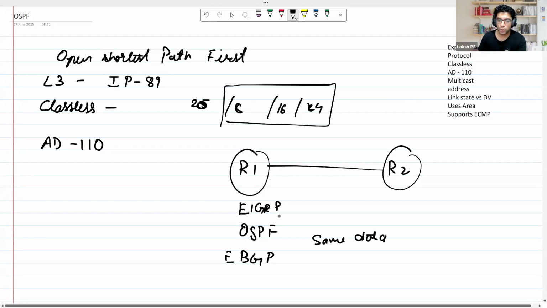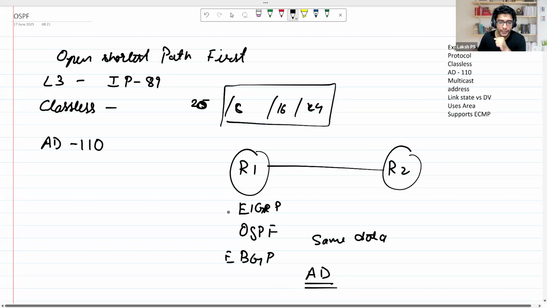And if they have multiple protocols running inside them, they should choose one protocol. Now in such a scenario, they would go for the AD value, which is called the administrative distance value. Whichever protocol has the lower AD value, that particular protocol is chosen to forward